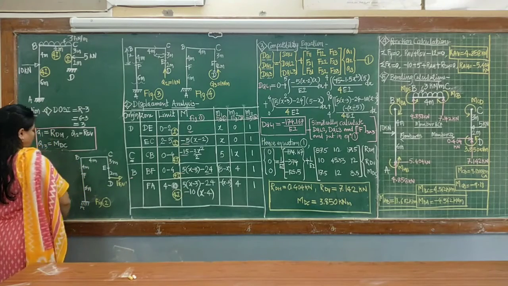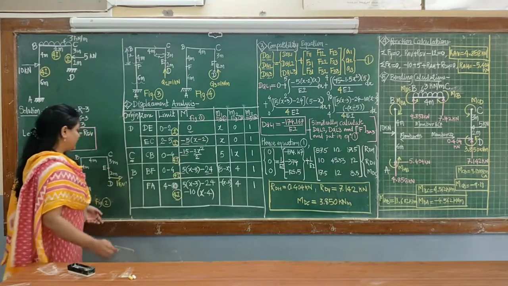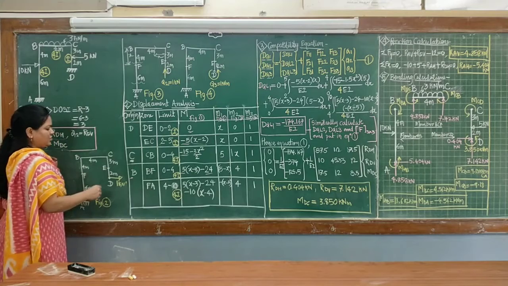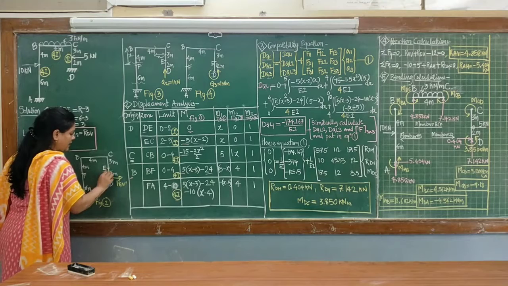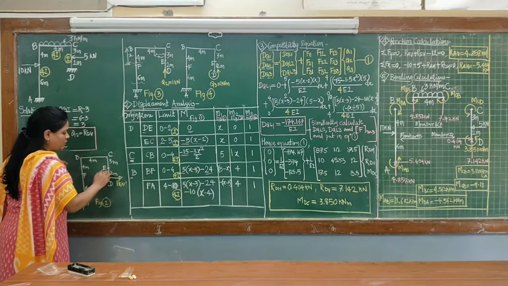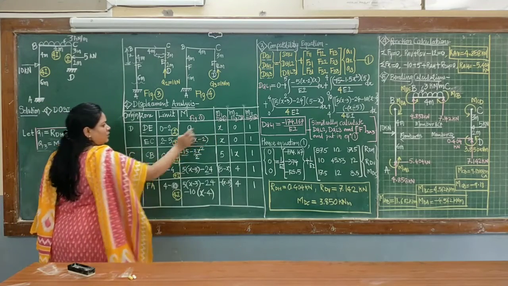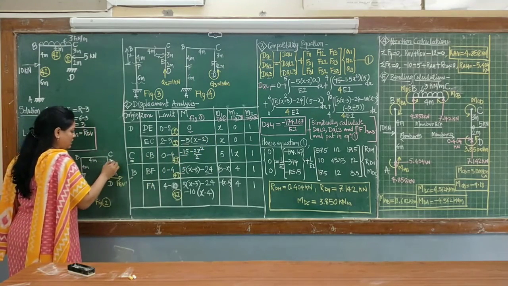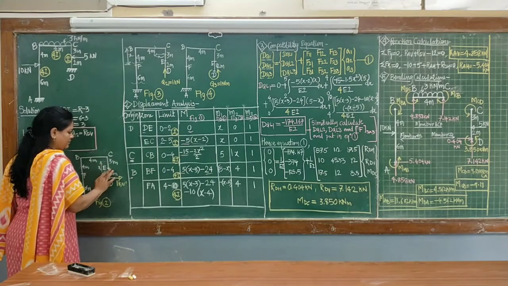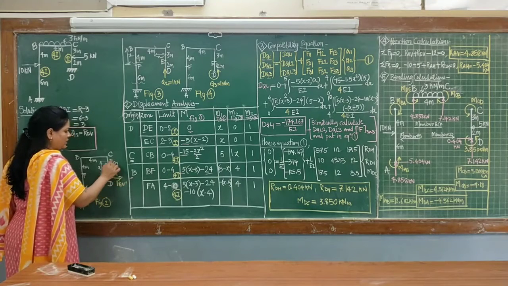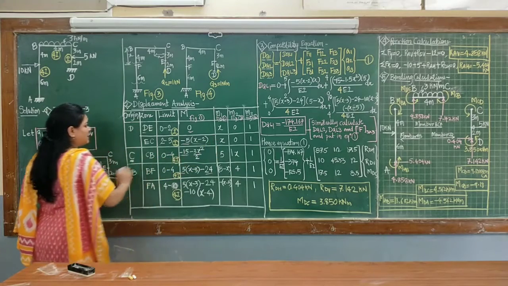Now concentrate on the second figure to complete this M1 column. So again you have to do the same thing. Take the section in the first zone, DE, at a distance x. So the moment of this 1 kilonewton about this point in anti-clockwise direction is 1 into x, positive x. Similarly, section in the EC zone at a distance x. So the moment of this 1 kilonewton in this portion is 1 into x in anti-clockwise direction, that is written here.